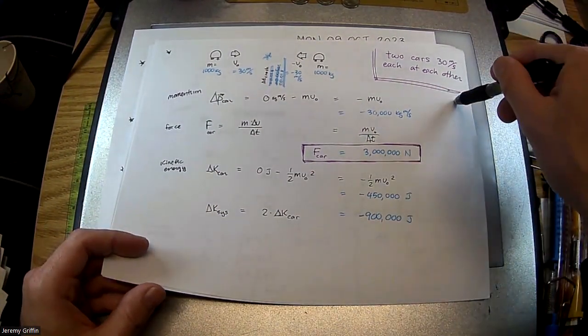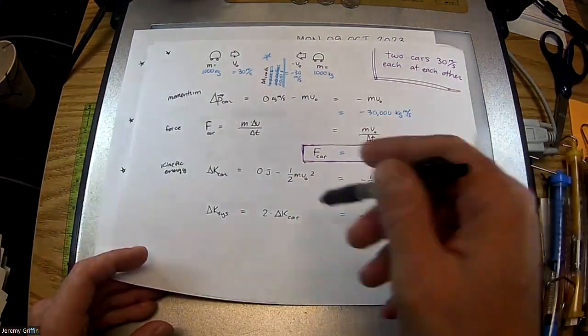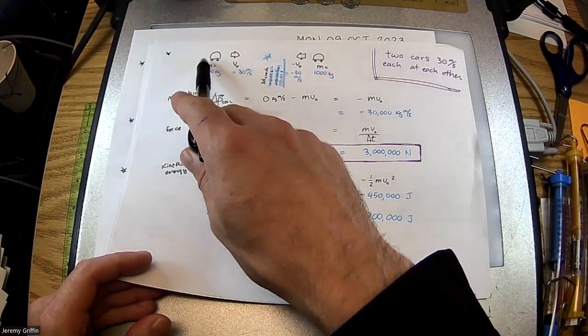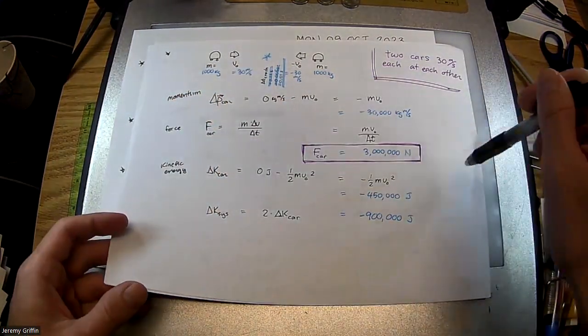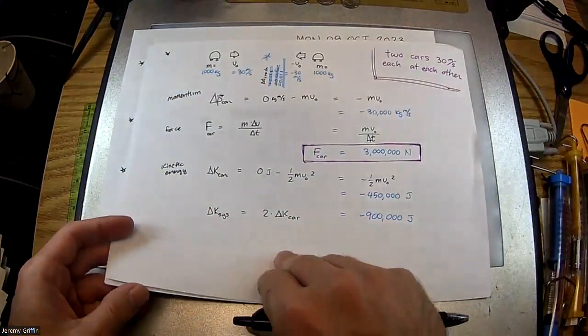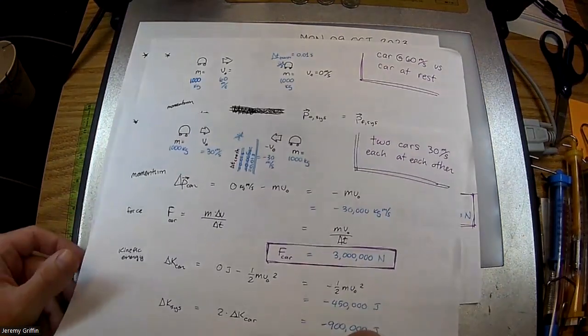Two cars, 30 meters per second towards each other. Maybe one way to frame it is, if you were inside the car, you'd be going from 30 meters per second to 0. So that would involve a force of about 3 million newtons for these particular mass numbers, in both cases. What if I had